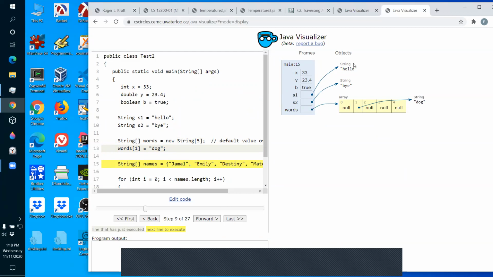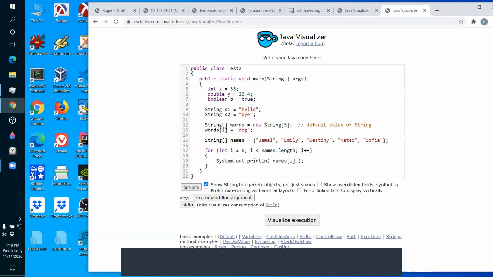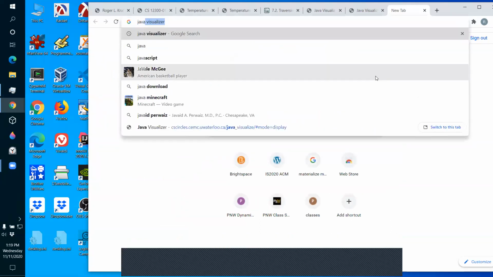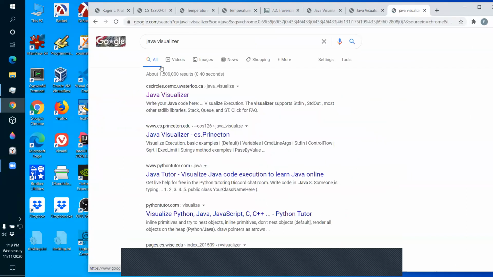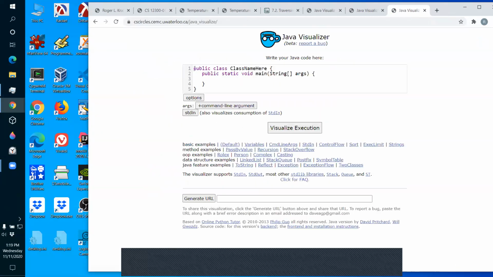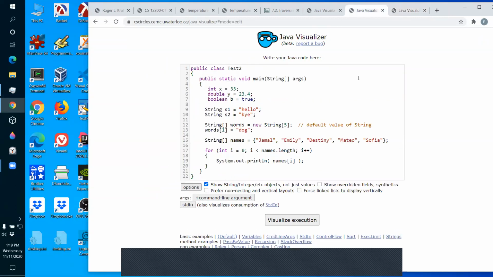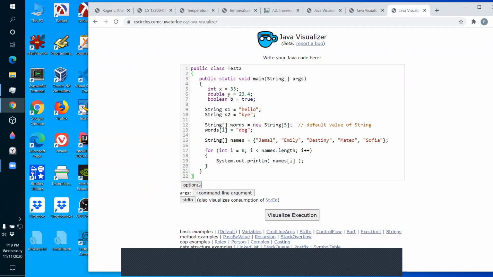I'm going to open up two visualizer windows, one set one way, one set the other way, but with the same code in them. I want to run the same code in the Java visualizer, one way with this option and one way without that option.